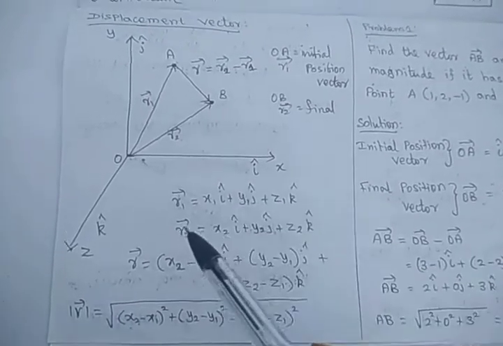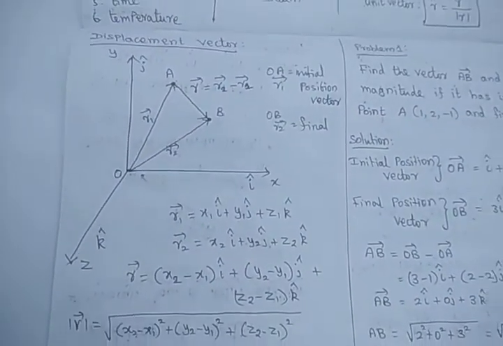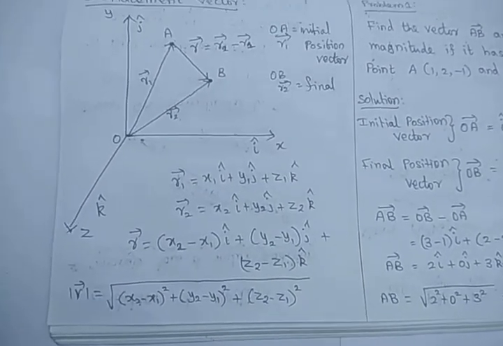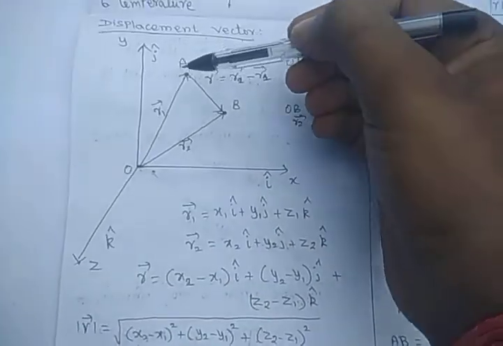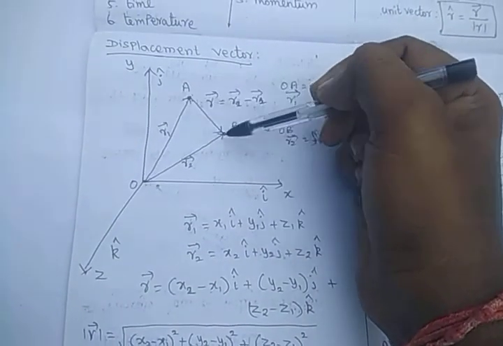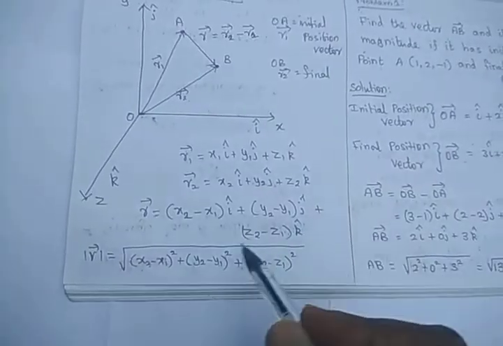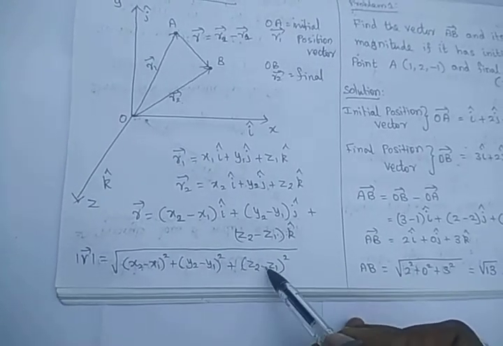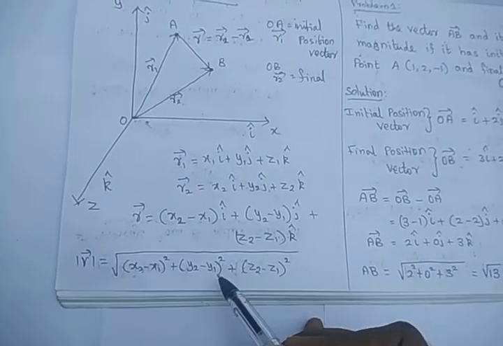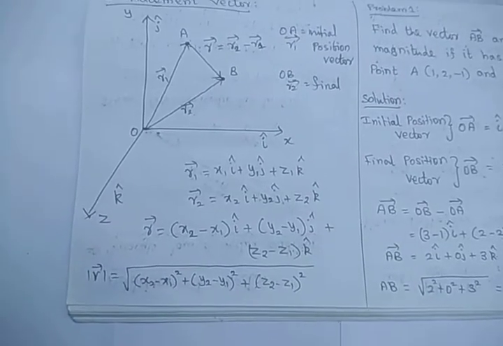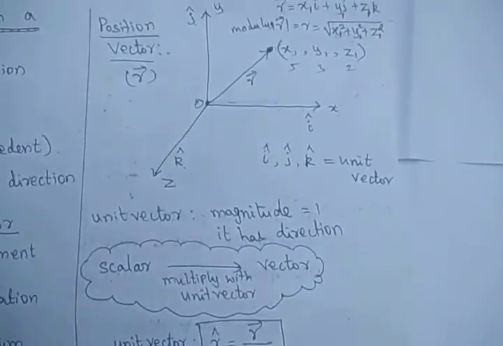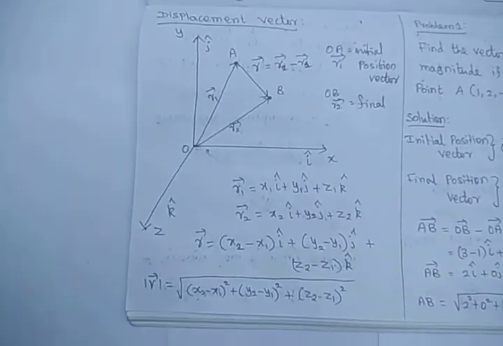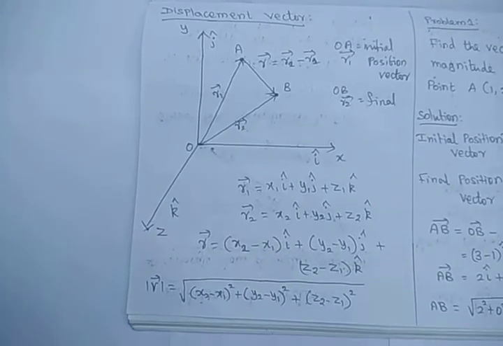You may ask one question: sir, I need only the distance. Always we are representing the position vector as i vector, j vector and k vector, and that has no physical meaning by itself. Physically, if I need the displacement traveled by the body from point A to B, you merely take the modulus. So the modulus of the r vector is the root of (x2 minus x1) whole square plus (y2 minus y1) whole square plus (z2 minus z1) whole square. Very simple, students. First we represent the position vector r vector, and the displacement vector r vector is equal to r2 minus r1 vector.